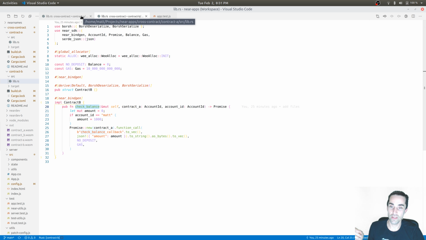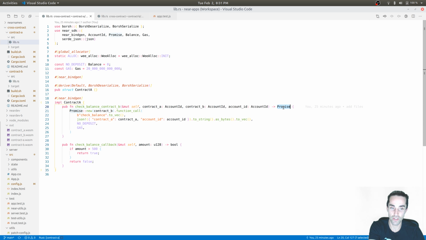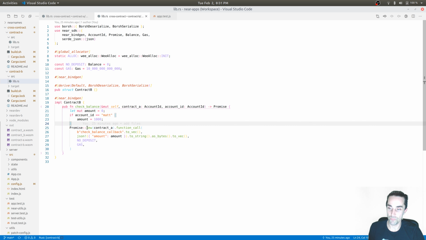So basically this promise gets returned to here, to this promise, but the result actually comes from, so what's wrapped in this promise is the result of another function call to contract A, and that function call first is method name, so check balance callback, to vec, then JSON the amount. So what is the amount? Well, it's the amount we got from the logic in this contract. So we're actually